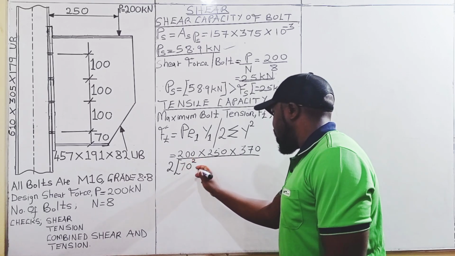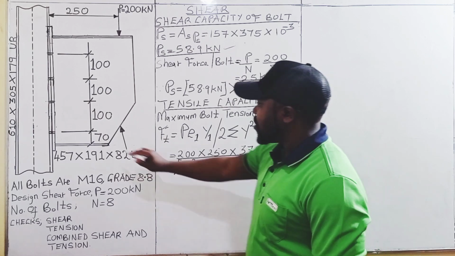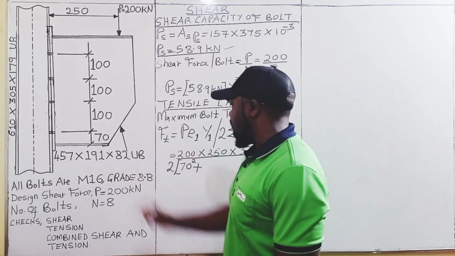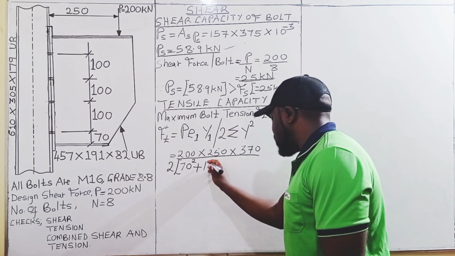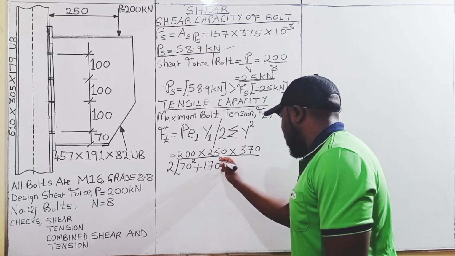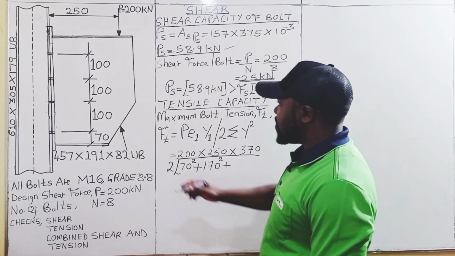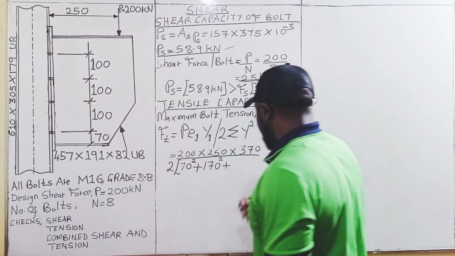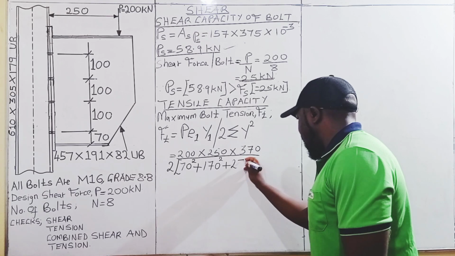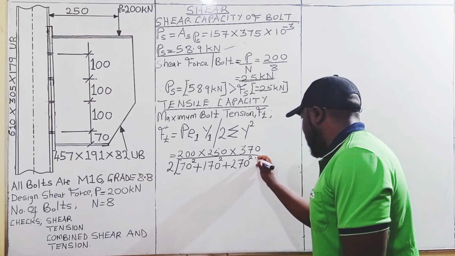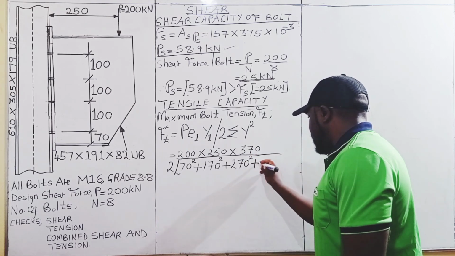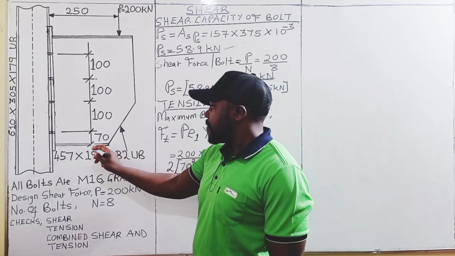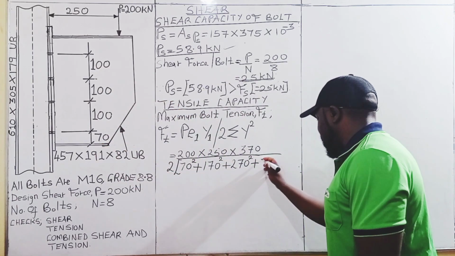Therefore, 70 squared plus the second bolt is 170 millimeters away, 70 plus 100. Therefore, that is going to be 170 squared. The third bolt is 270 millimeters away. Therefore, we add 270 squared. And the fourth bolt is 370 millimeters away from this end. Therefore, we add